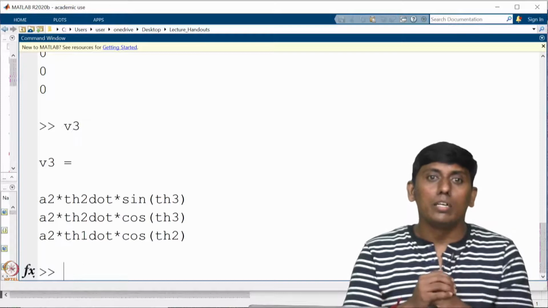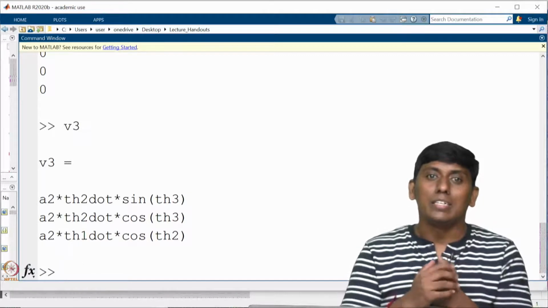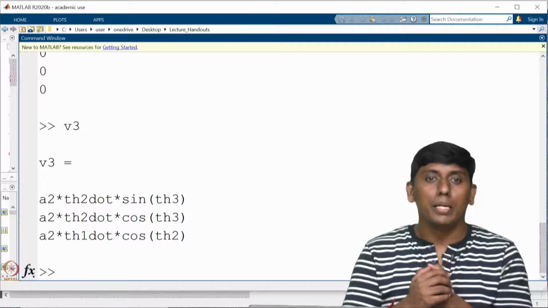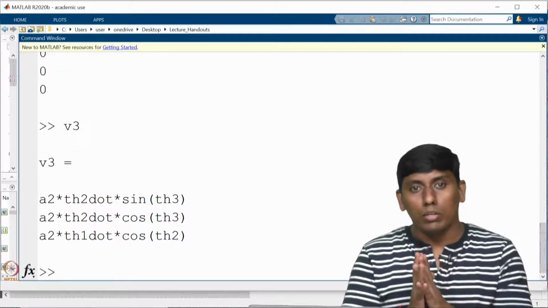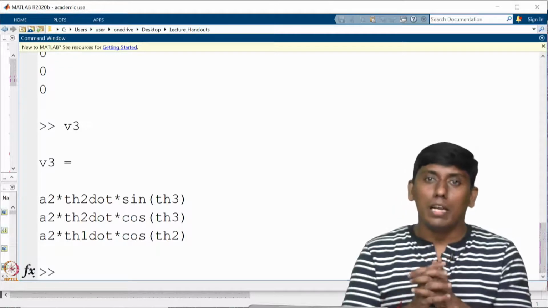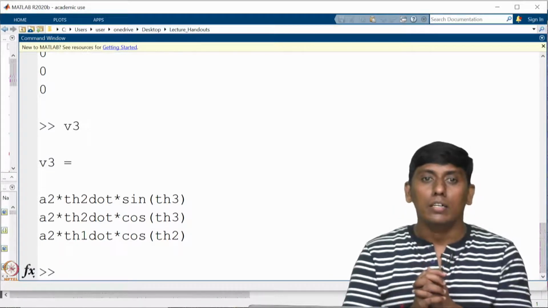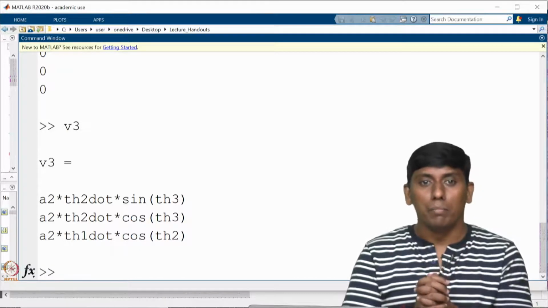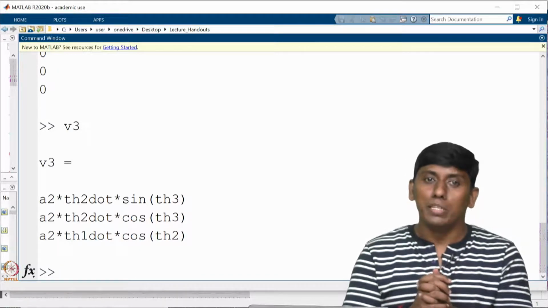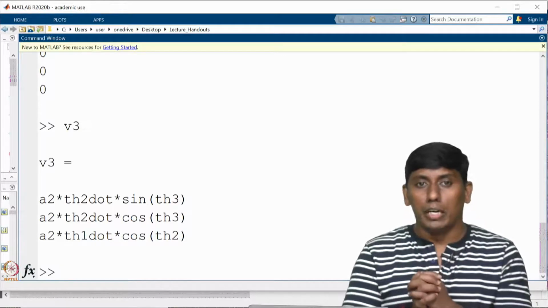When you come to the third, v3, you can see the tangential velocity is coming. Here only the tangential component will come because we have considered all our joints rotary. Probably I may put one additional example somewhere in the middle to show how it will come if a prismatic joint appears. Anyway, in dynamics we will be seeing that with a prismatic joint, so we can try.